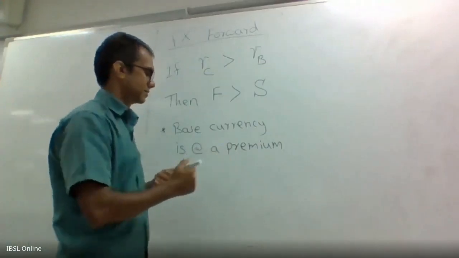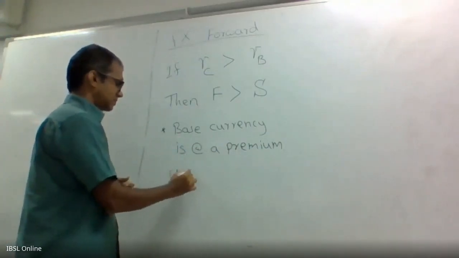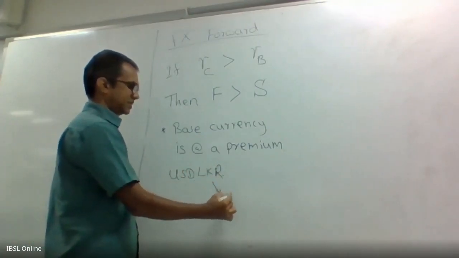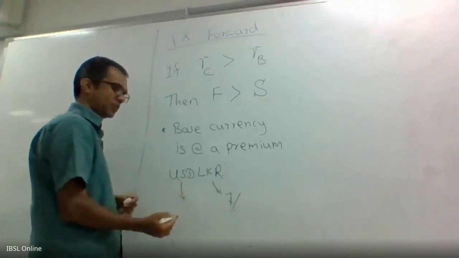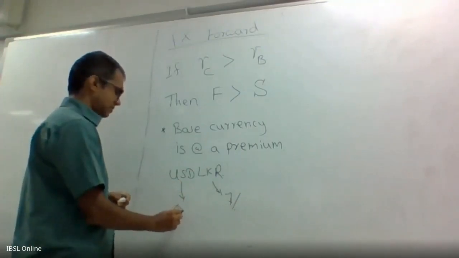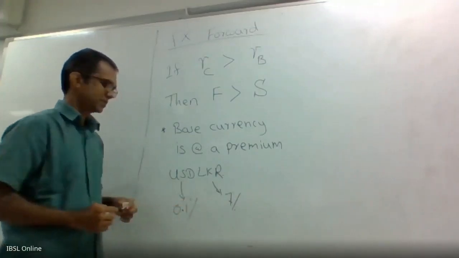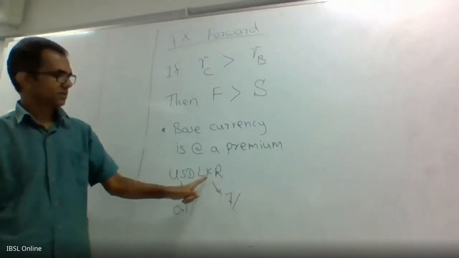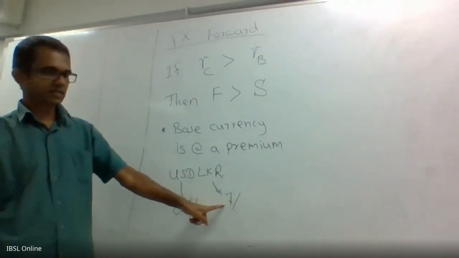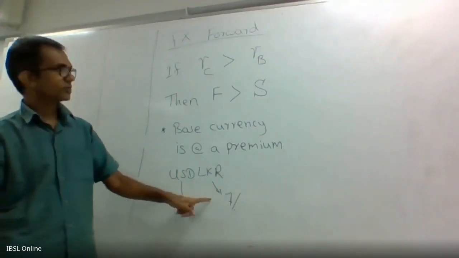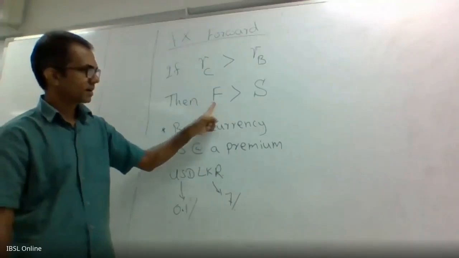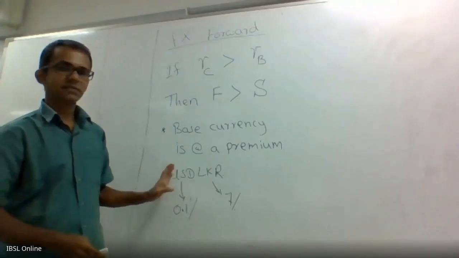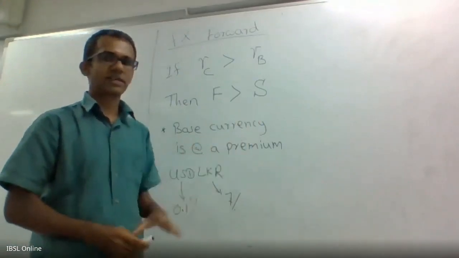So a good example is USD LKR. LKR interest rate is around 7%. Dollar is almost 0, say 0.1%. Base currency is dollar. LKR is the counter currency. Interest rate of the counter currency is higher than the interest rate of the base currency. So therefore, forward rate is higher than the spot. That's why we always see in Sri Lanka, dollar rupee forward rates are higher than the